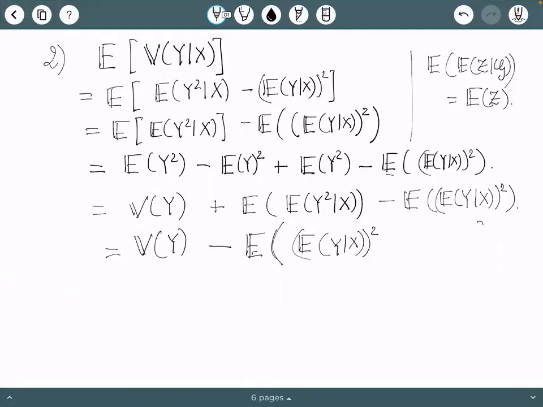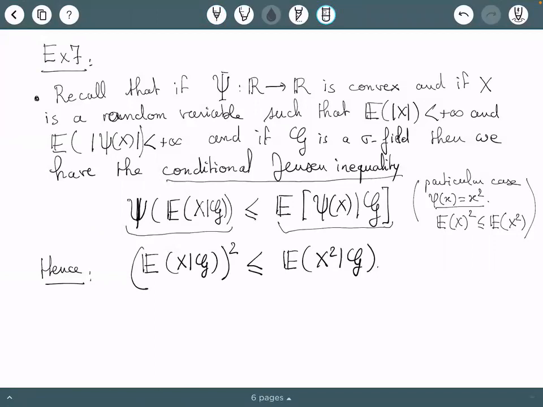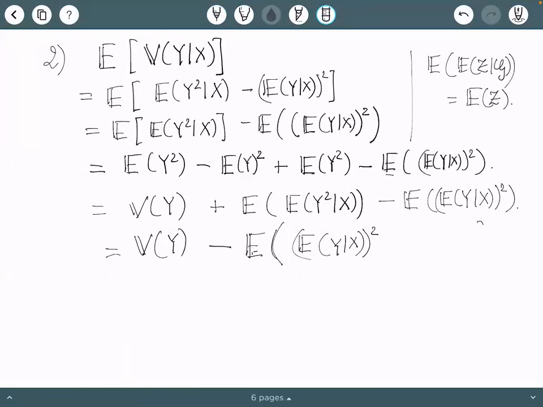But we proved previously that the line next to the bottom line, the expectation of y squared when x minus the expectation of y when x squared, is equal to the variance of the expectation of y when x. Yeah, I suppose. The previous time we just proved that it was positive. So here we just have to recognize